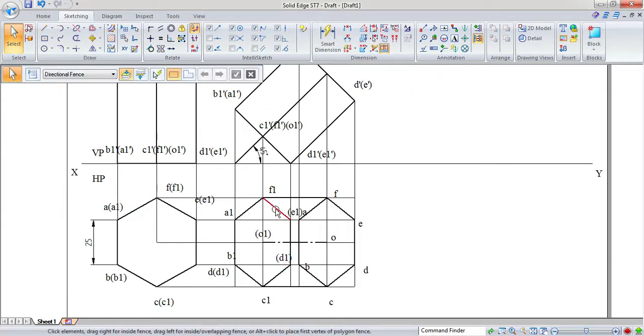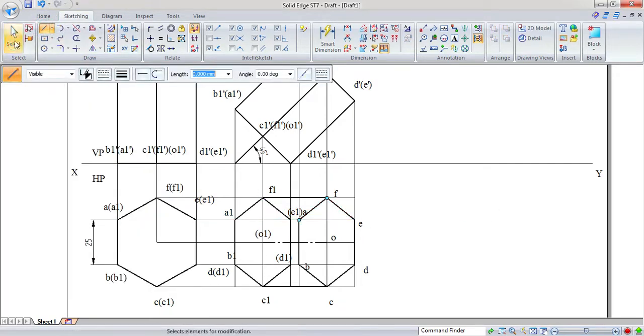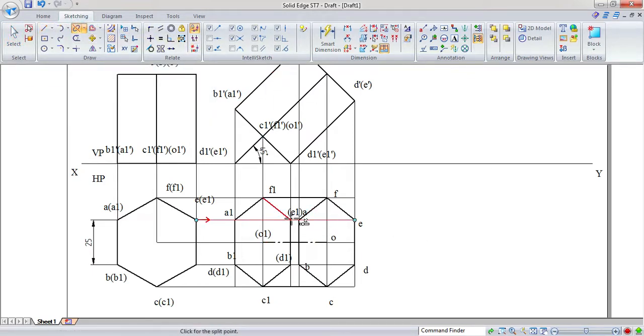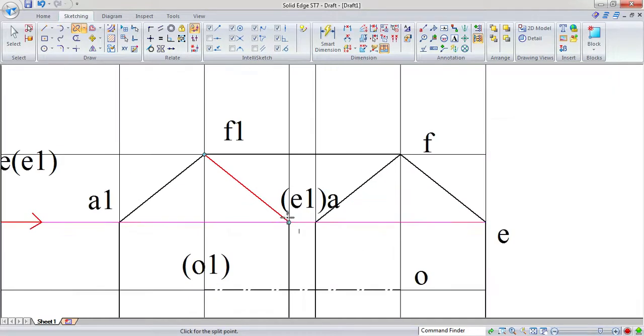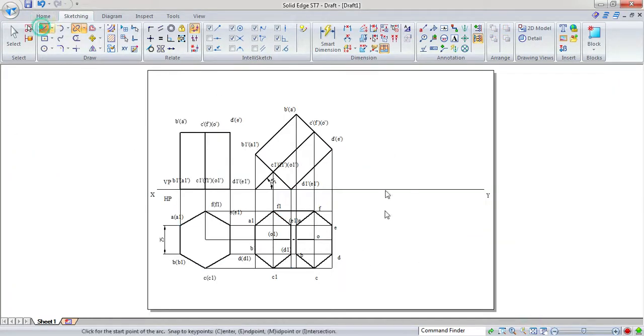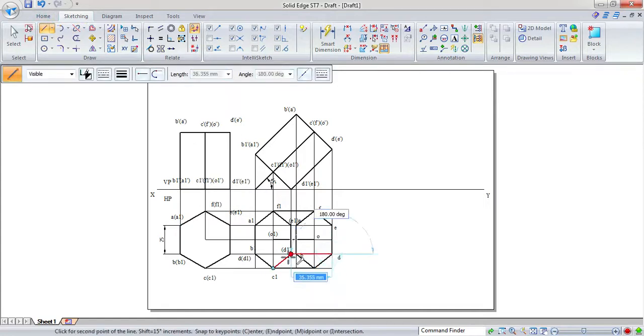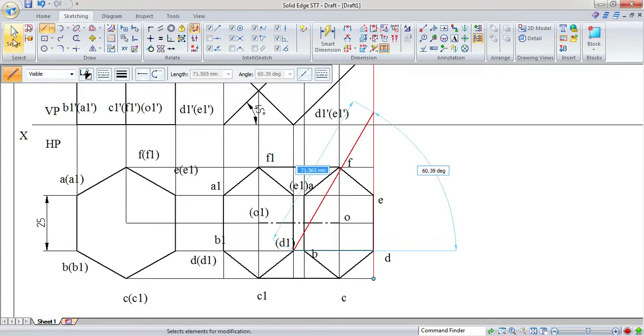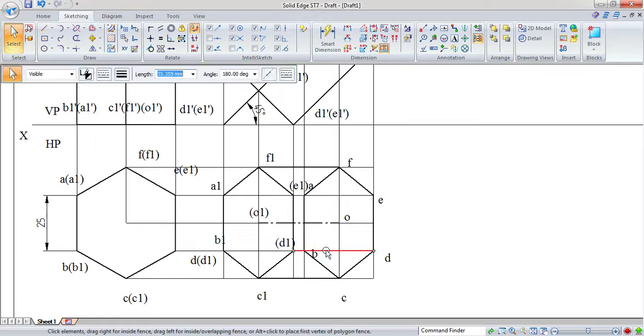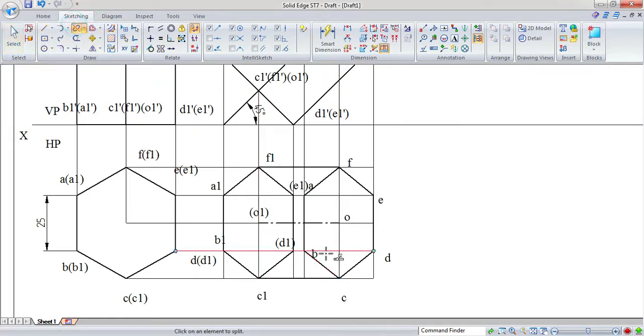So look at here, E1 is in contact with, again, so here we need to connect from E to E1 here. So again I'll make use of a split here, I'll split it here, and similarly D1 also we need to connect here, so we can split the already drawn line here.